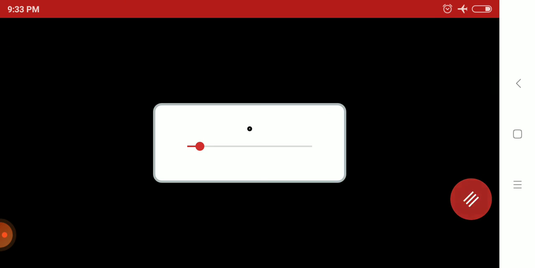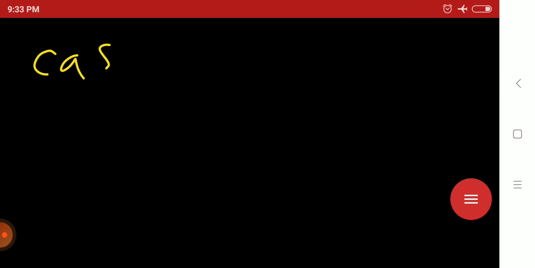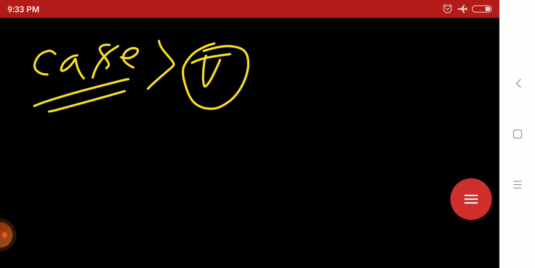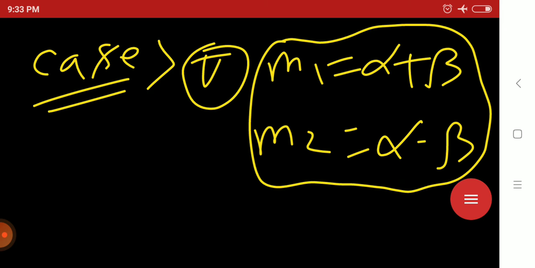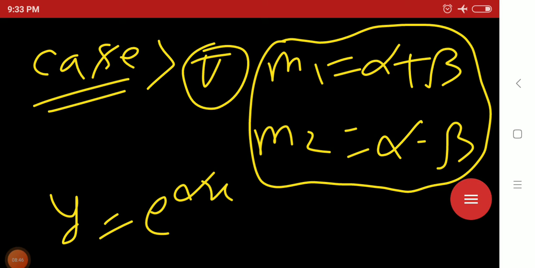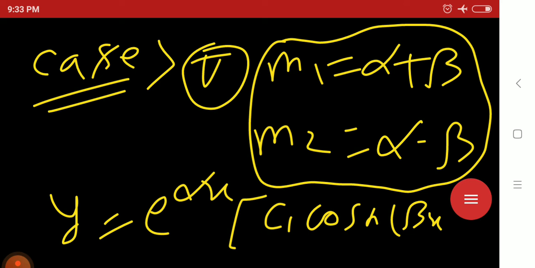Next case, maybe case 5 or case 6, whatever. If case 5 is such that m1 equals alpha plus beta, m2 equals alpha minus beta, if such cases are coming, then complementary function will be y equals, not i, i is given here, i is imaginary number, i is not here,